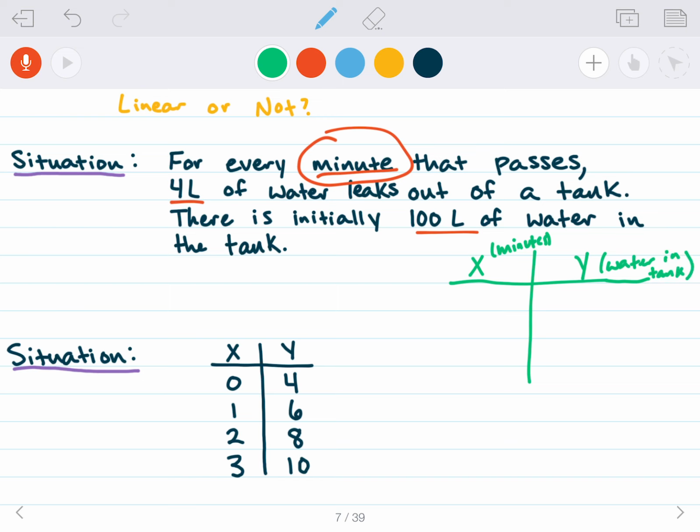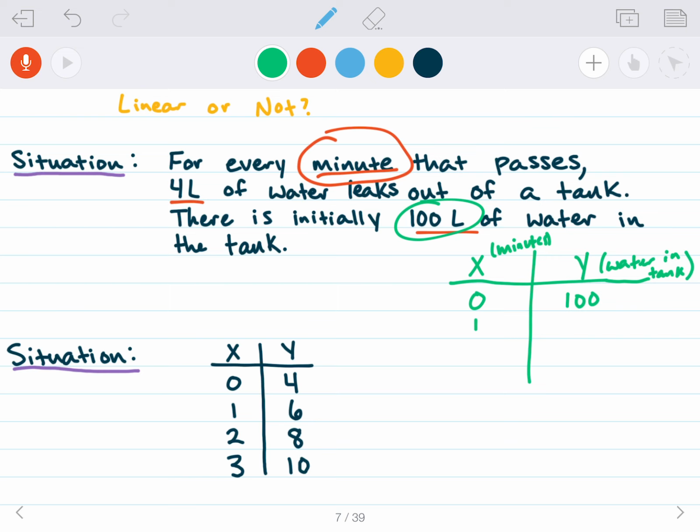So at minute 0, before the clock starts, how much water is in the tank? Well, this is our initial value. Whenever x is 0, our initial value is our y value. So this is going to be 100, right? We start out with 100 liters in the tank,